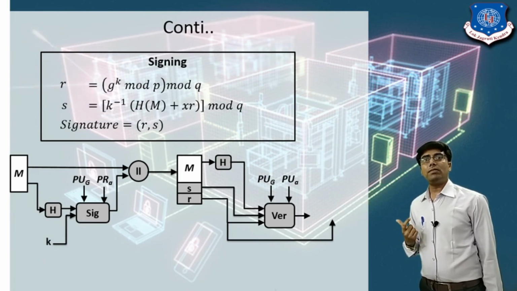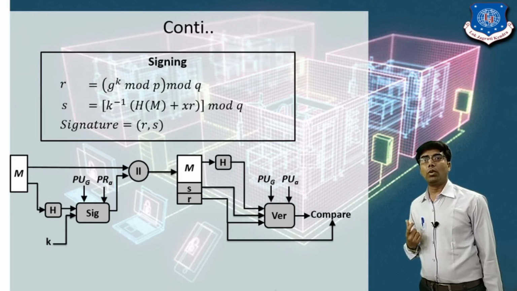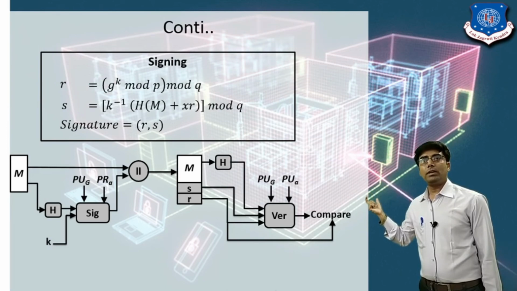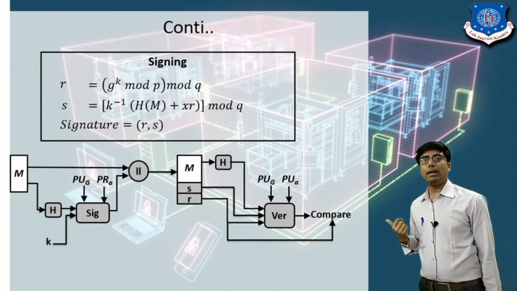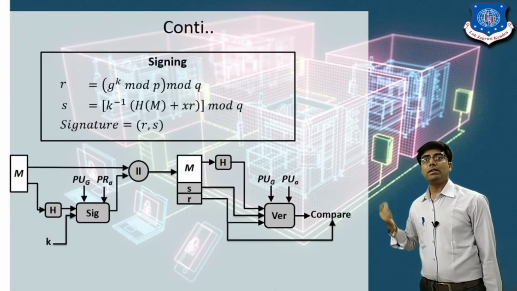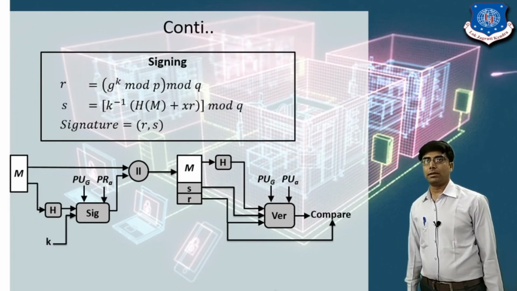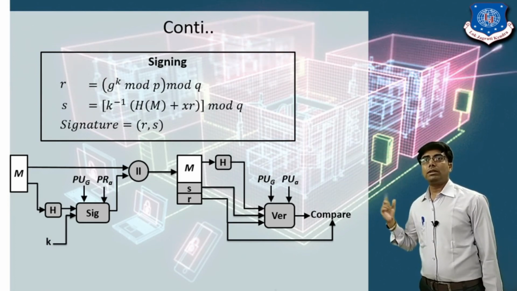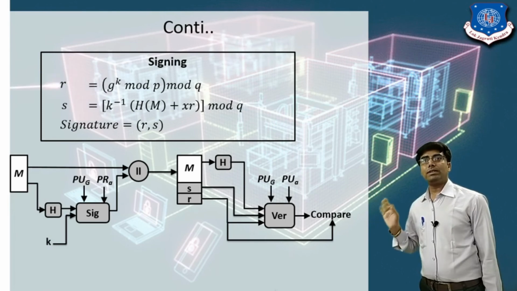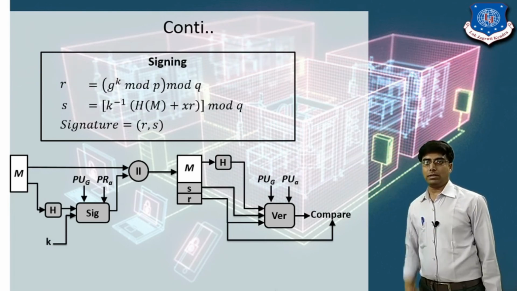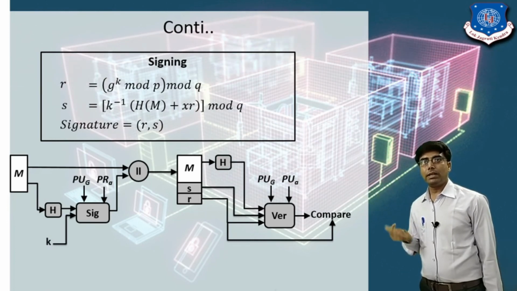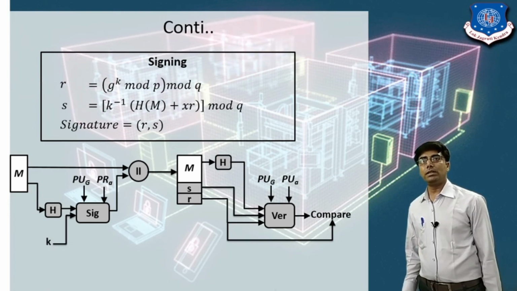Now after the verification function, it generates a code. This code is compared to one component of the signature, R. If both are equal, it means the receiver has verified the signature, and now it accepts the message. So here we can apply the signing. Signing is done on the sender side. It means the sender will sign the document and send it to the receiver. So on the sender side, we will be generating R and S, which is the digital signature.